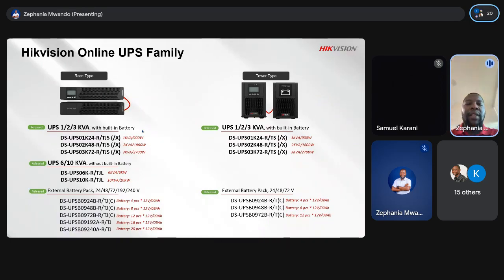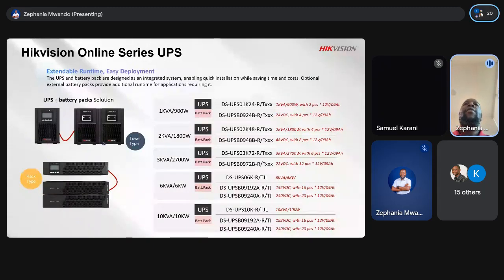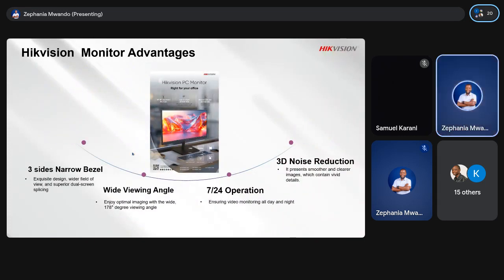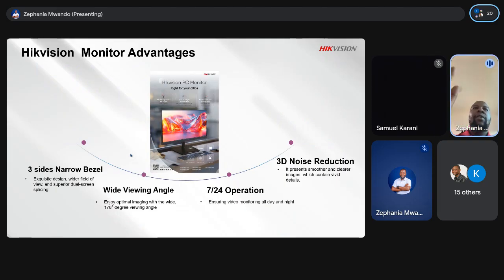The difference is with the online UPS, we still get to access our system even when power goes off. The system is powered by the UPS, and then we can configure multiple batteries for that. So we have the variation of UPS with the batteries linkage. Then you have different monitors giving you a narrow bezel, giving you a wide angle. We have 24/7 operation, then 3D noise